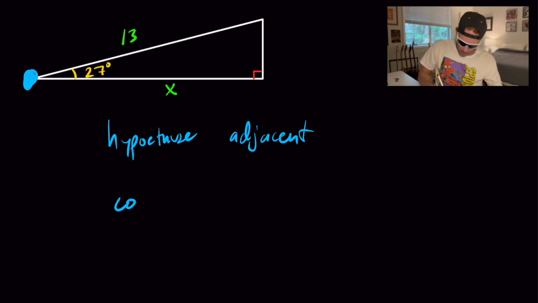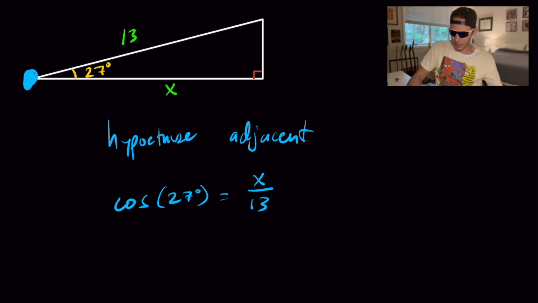So we can say cosine of 27 degrees is equal to adjacent over hypotenuse. So we're going to have x over 13. What am I going to do now? Well, I want to isolate x and solve for it. So x is being divided by 13, so I'm going to undo that by multiplying both sides by 13. Those will cancel out. We're going to get x is equal to